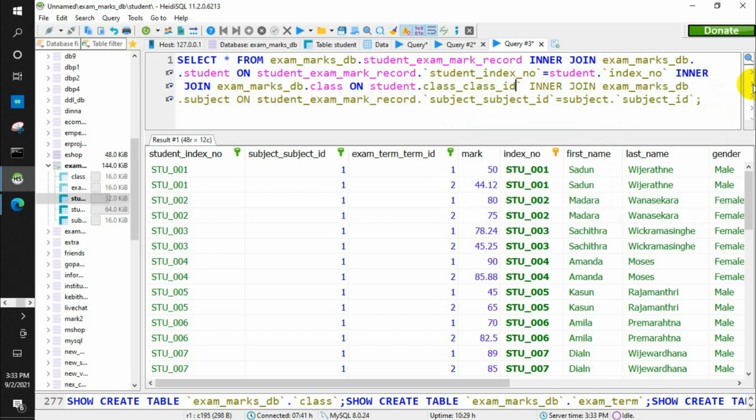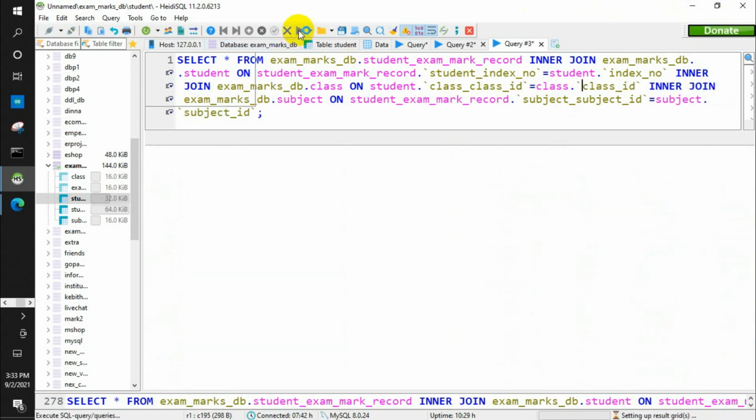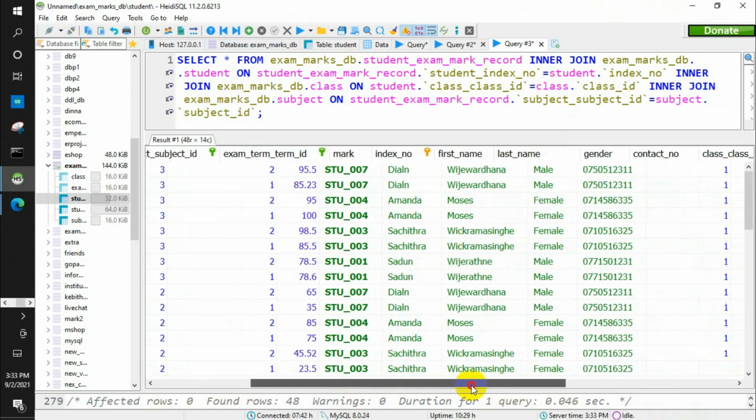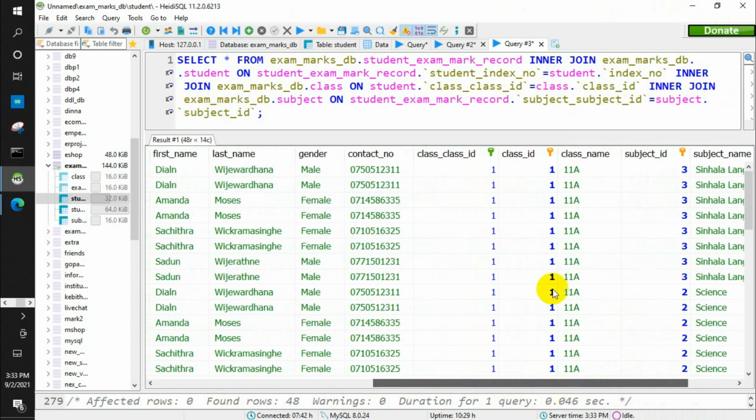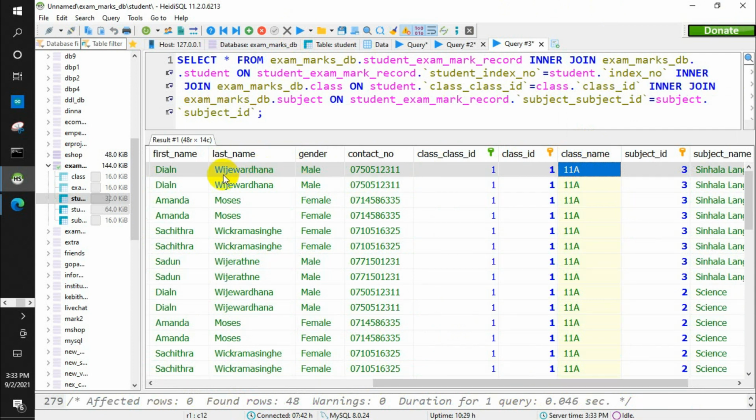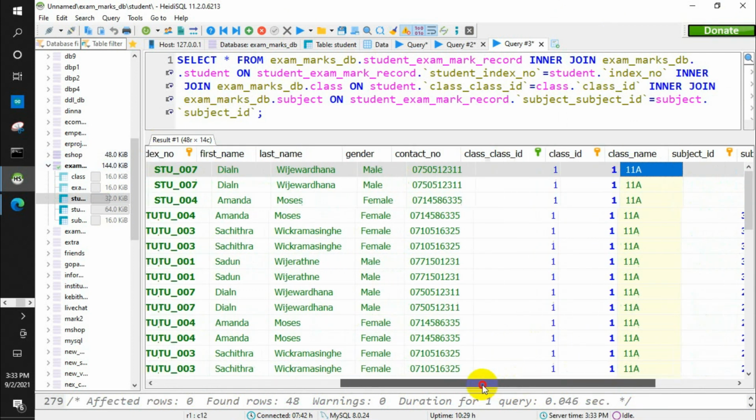So I'm going to equal that with the class ID of the class table. Okay. Now once I run the query, I have the class along with the details of the student. Earlier we didn't have that.